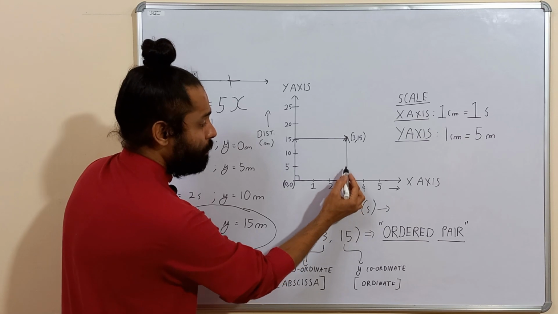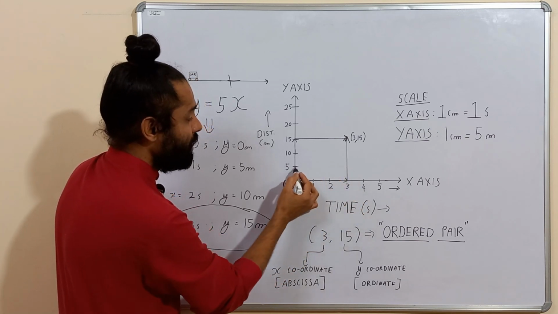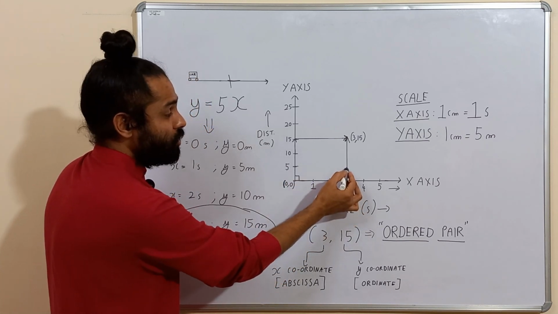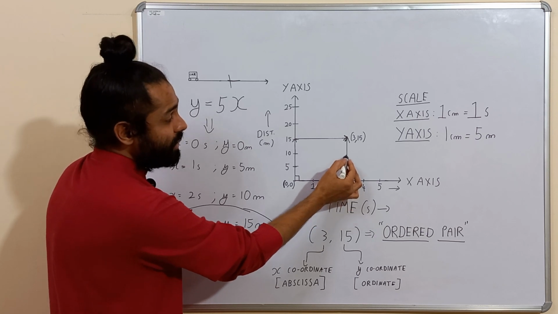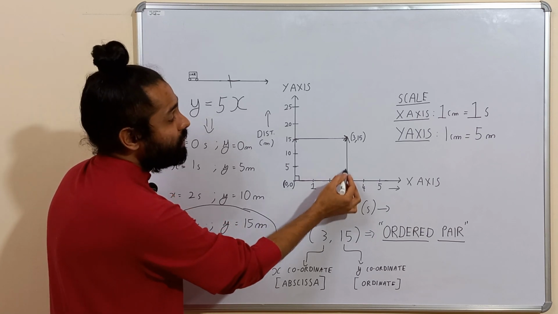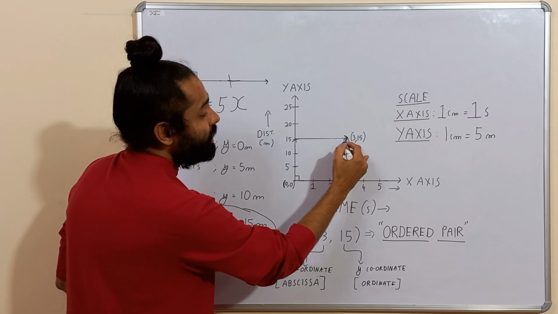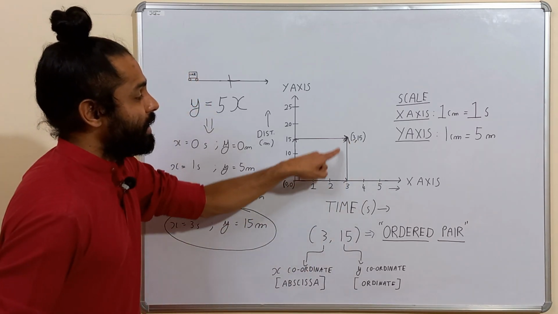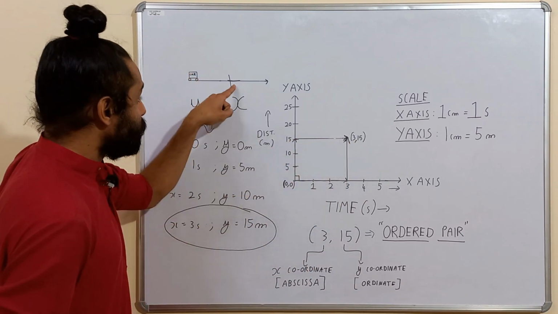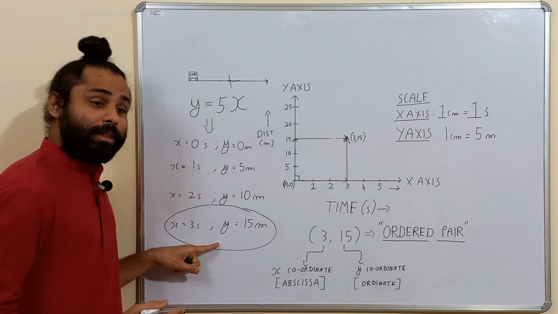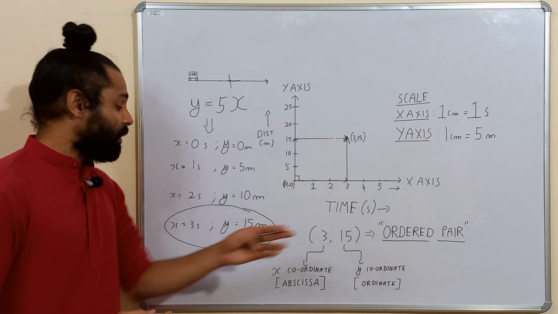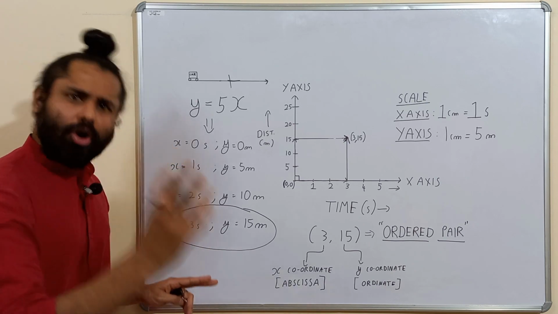Now I'll go up. If I go here, it's 3, 5. But after 3 seconds, it's not at the 5 meter mark. After 3 seconds, it's not at the 10 meter mark. After 3 seconds, it's at the 15 meter mark, and that is my next movement, right? So this position in the experiment, 15 meters traveled after 3 seconds, I have now got it in